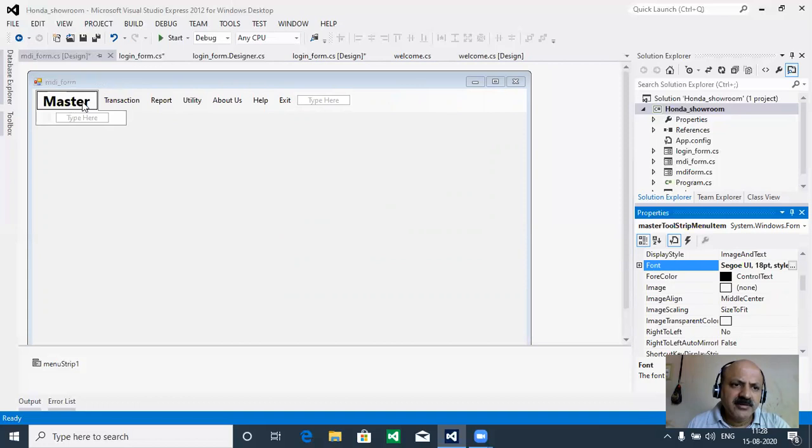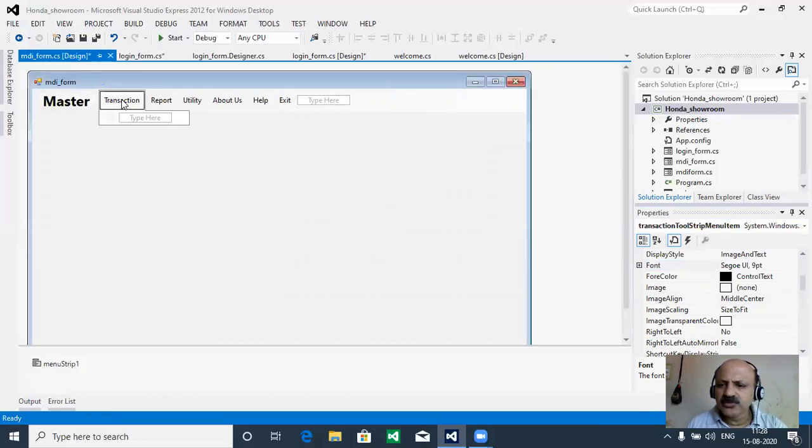So that is a main. According to your requirement, you can change that font size, and any combination of color you can also change. Here we can give all the font bold, and change it according to our main: that is a root, or we can say the parent, and then its children, and if there is no child, that is known as a leaf menu.